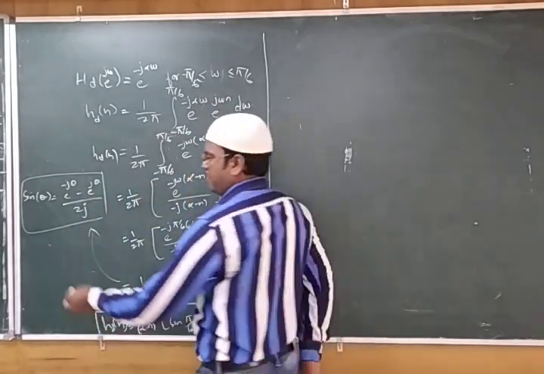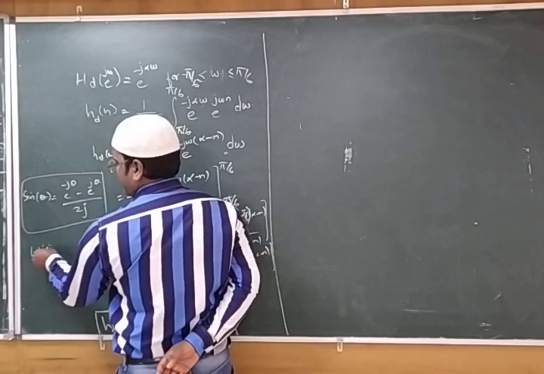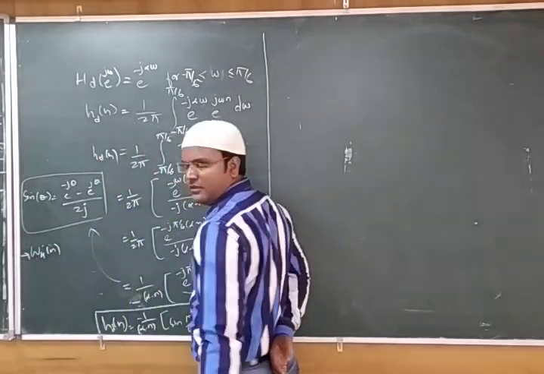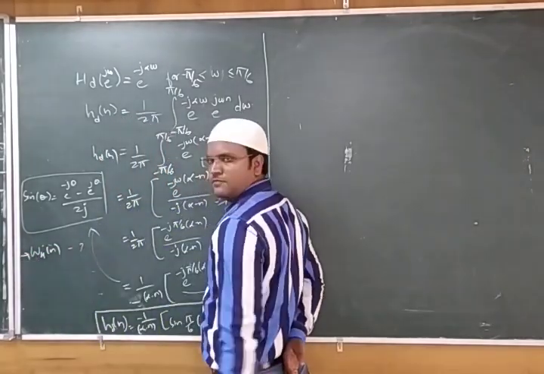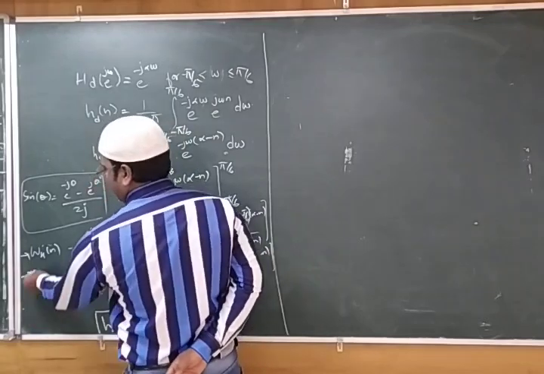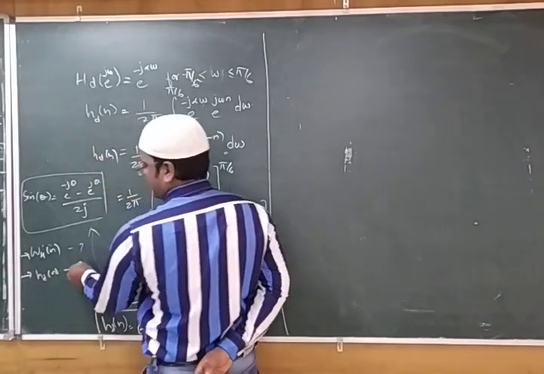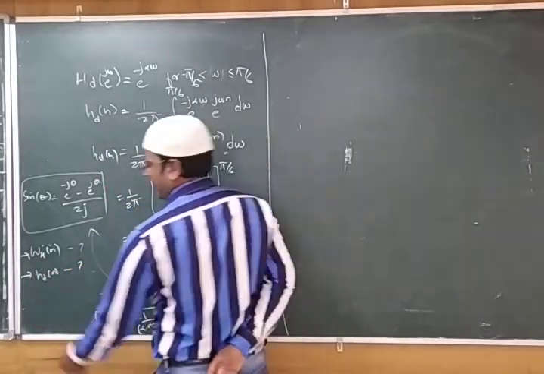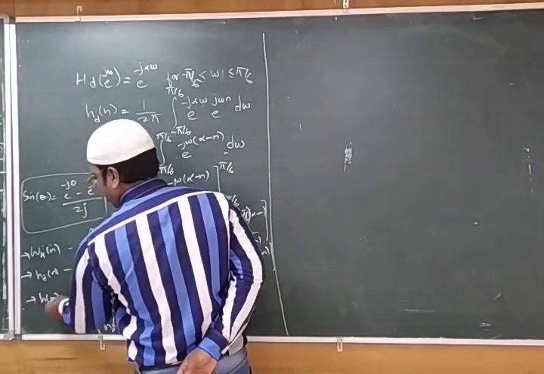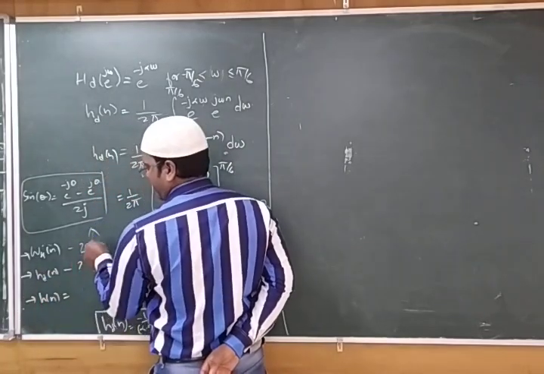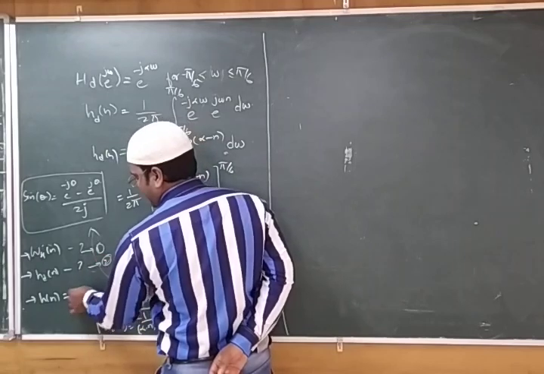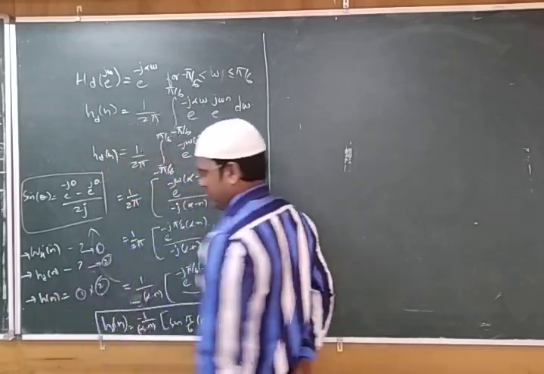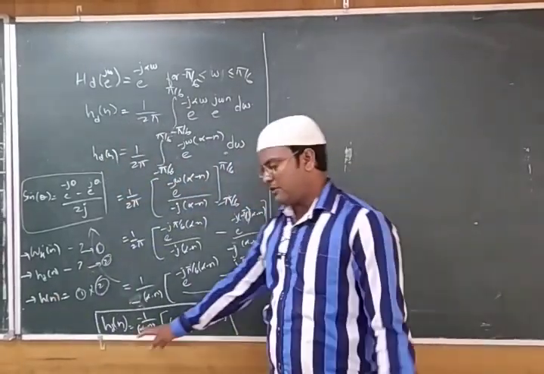So what is the first step? First step, we found wh of n by taking the given windowing technique. This is done. We found the coefficients. After getting that, what have we taken? We have taken hd of n. This also we found by taking the hd of omega. Next we need to find h of n. So to get the h of n, we have to multiply this one and this one. Suppose this is one, and second equation, if you multiply, you will get the coefficients. To get those coefficients, I am substituting all the values.